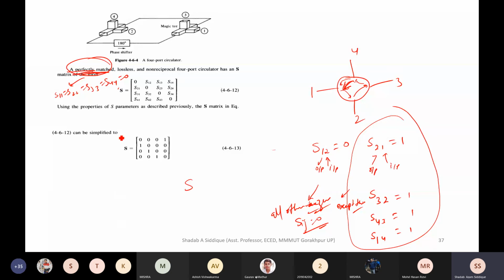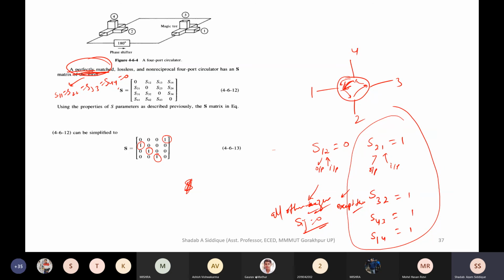So you can write it down as a matrix in an easier way, that is, substitute all these and write it down. I have just taken S21, S14, S32 and S43, which are used here. Okay, I hope this S matrix is clear to you.